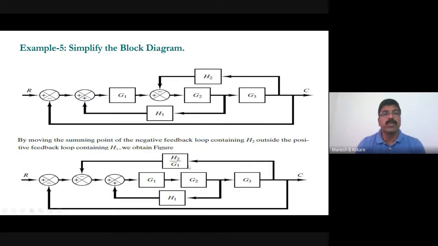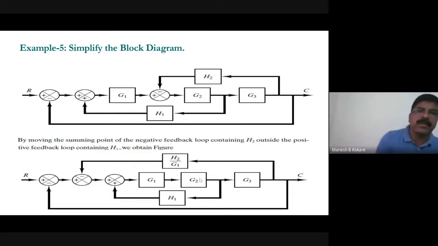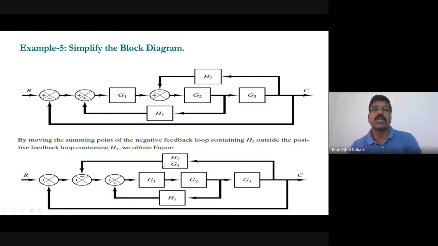Now with this modification, earlier I have explained how to solve that problem in another way. Now this is the second way to solve this problem. What we have done is interchange this summing point. In the first method, I said you shift this one. So it is up to you in what way you are going to solve this problem, right? With interchanging the summing point, you have modified this to H2 by G1.